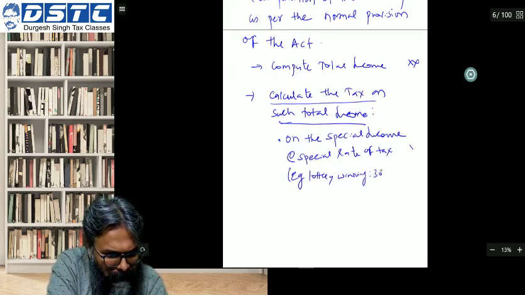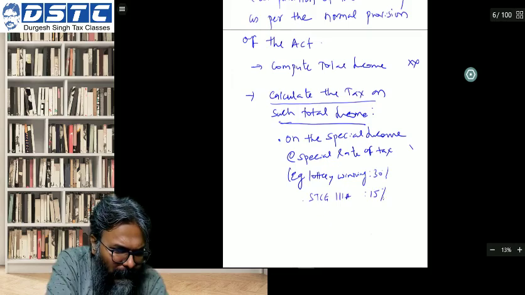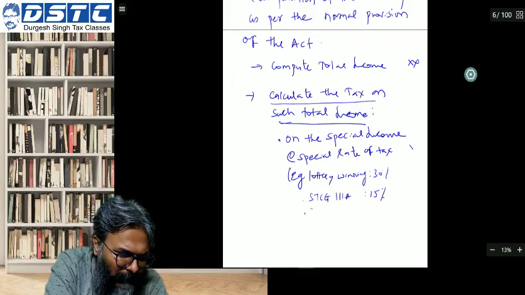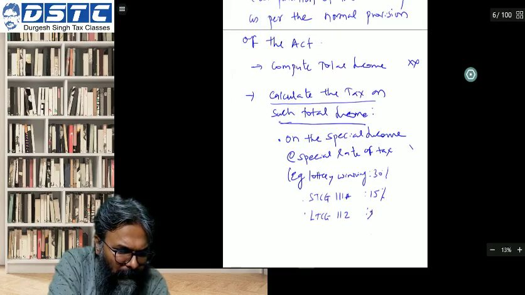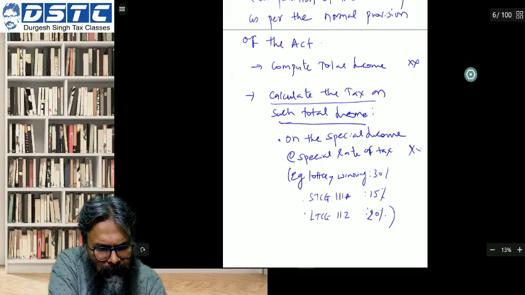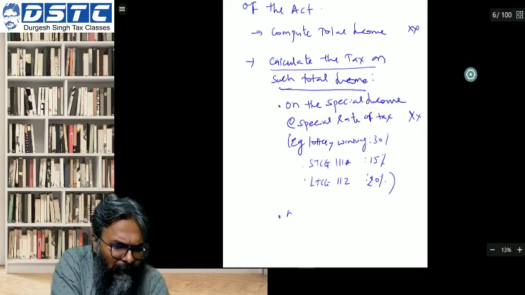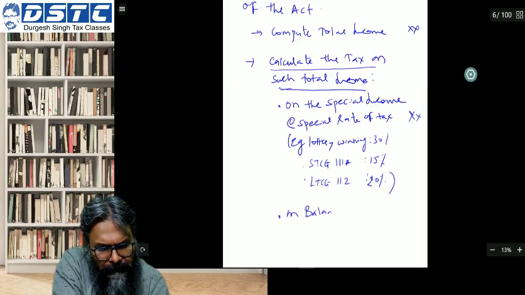Which is 30%. Short-term capital gains under 111A, say 15%, and say LTCG under 112, say 20%. These are some examples of special income. So on special income, you apply the special rate of tax, and then on balanced total income,